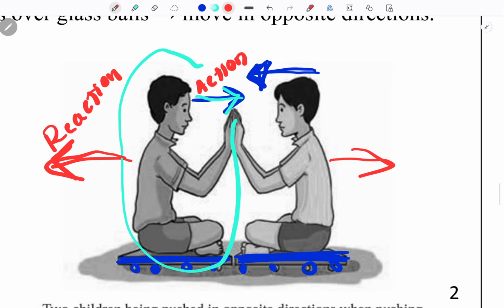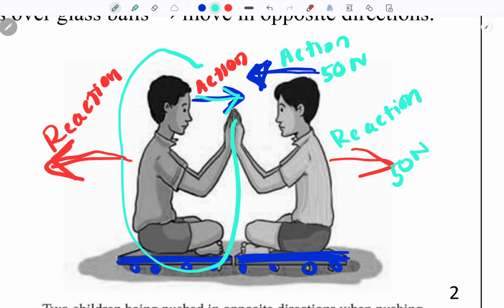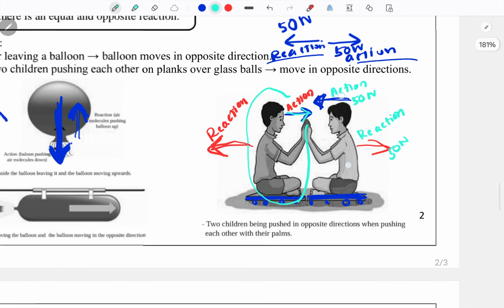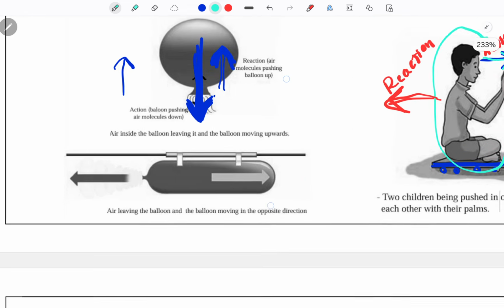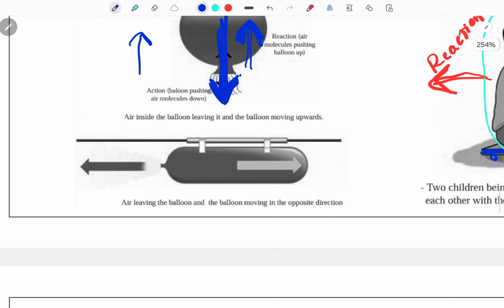Same with this person, right? This is his action force, and his reaction is in the opposite direction with the same magnitude. If you are pushing your friend with 50 Newtons in one direction, that same person moves in the opposite direction with 50 Newtons. That's what happens. And here too,